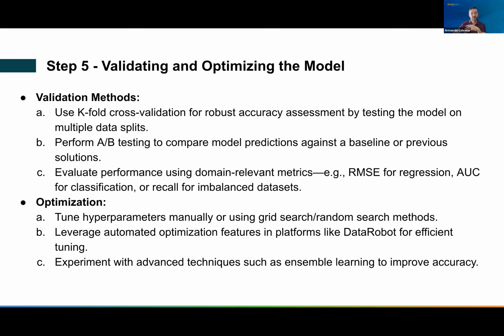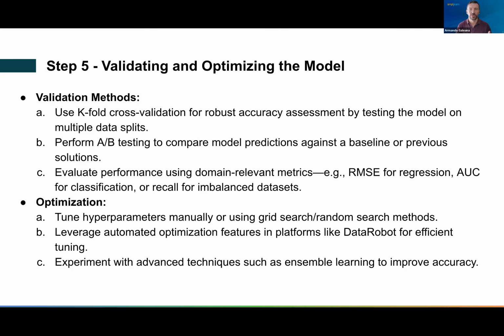There are different validation methods. One of them is k-fold. And in k-fold, what you do is you split your data set in multiple chunks. Okay, multiple chunks. What you do is you validate your model in each of those chunks. Then you average the performance of your model in each of those chunks. Okay, that's cross-validation. So in other words, you partition the data set into k subsets.